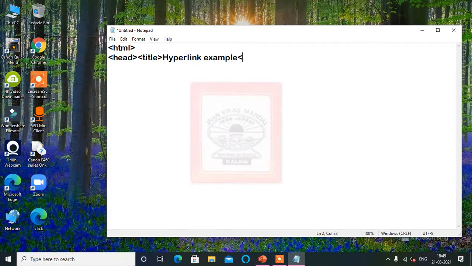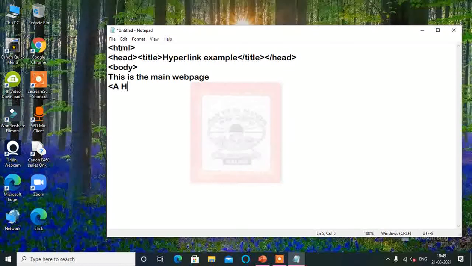This is a page we are going to open, and here body. This is the main web page in which we are going to use the anchor tag.